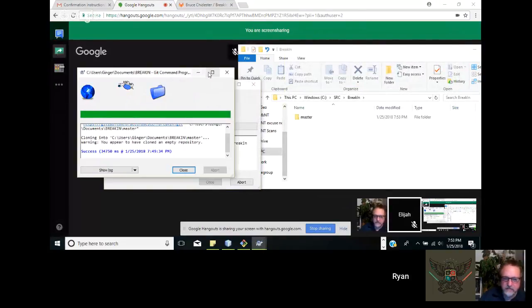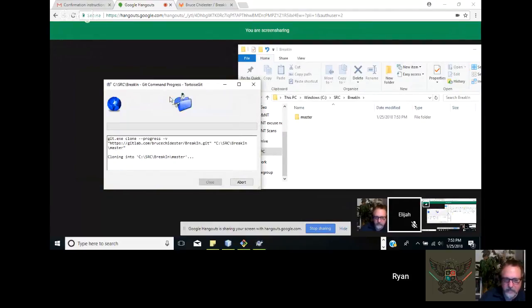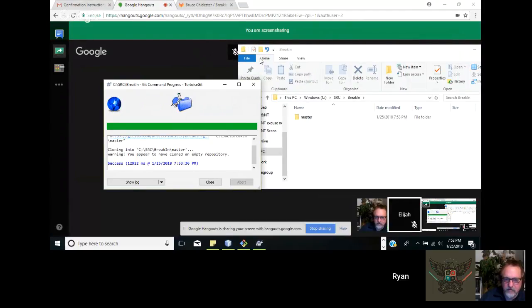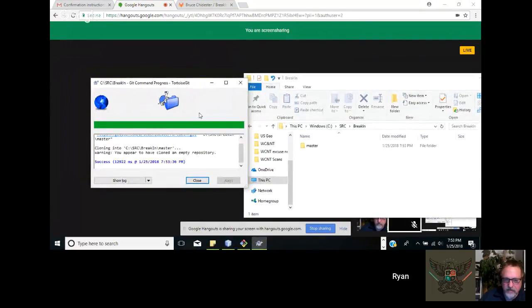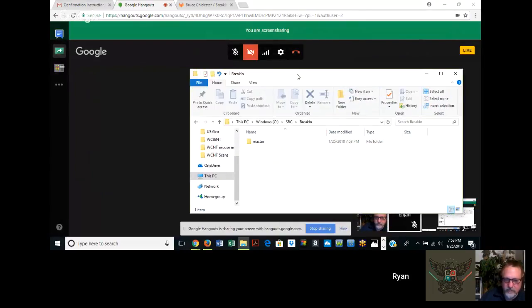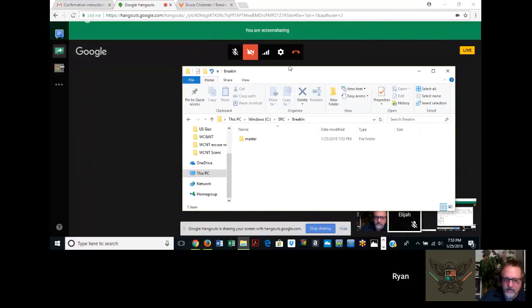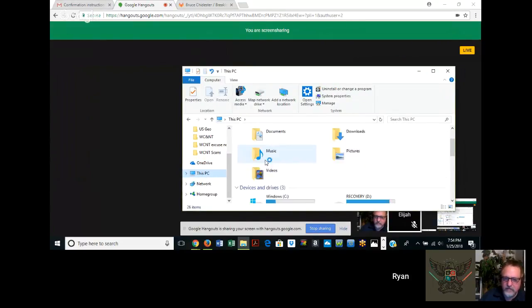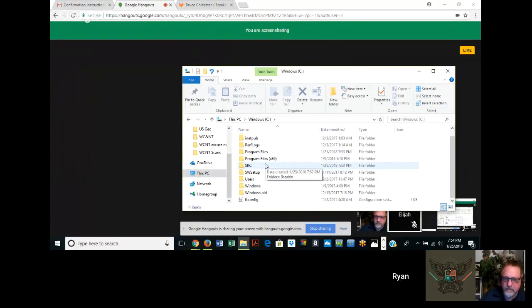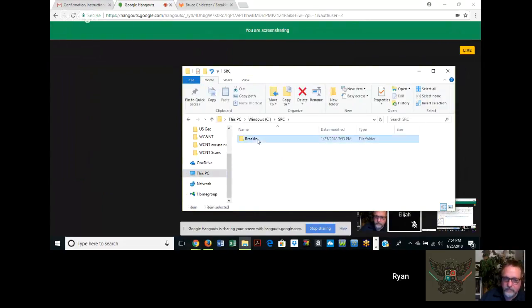Do I need to exit this one? Probably. You probably remembered your credentials. See, that's what it did. It says cloning into. There you go. Go ahead and say close. Once you've successfully done it once, it remembers your username and password. Go ahead and click on another folder and then back in. I think yours is just slow, that's why you're not getting all of them.